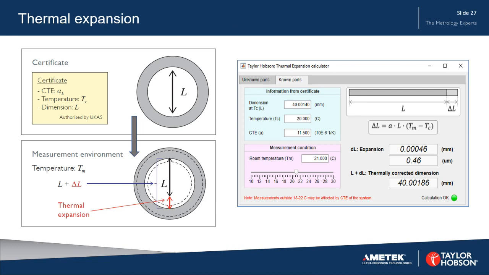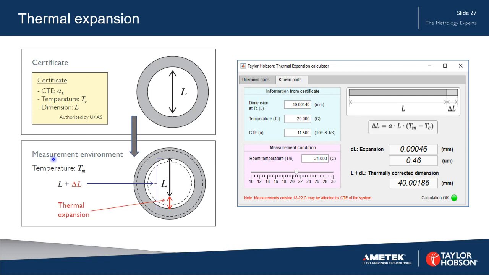One of the things to think about when we're measuring diameter is thermal expansion, and I'm going to deal just with the small thermal expansion of the part itself, of the sample that we're measuring. And in this case, we have a certificate for a ring gauge, where the ring gauge internal diameter is L. But then, having measured this in the laboratory and had it certified, measured at a certain temperature Tc,